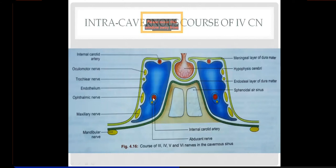Right, this is the entry point, and this is the exit point of the internal carotid. This is related infralaterally to the abducent nerve on the medial side of the cavernous sinus. Laterally, you have four nerves. The uppermost is the oculomotor nerve, then you have the trochlear nerve, and then you have V1 and V2 nerves. So this trochlear nerve, remember, within the cavernous sinus, runs below the oculomotor nerve along the lateral wall,